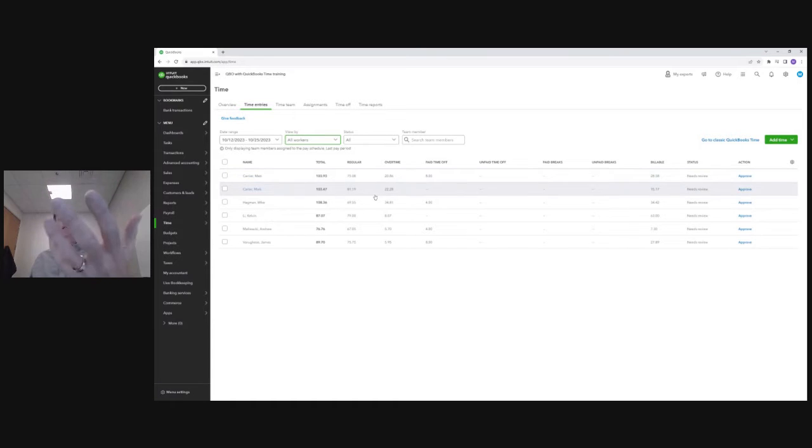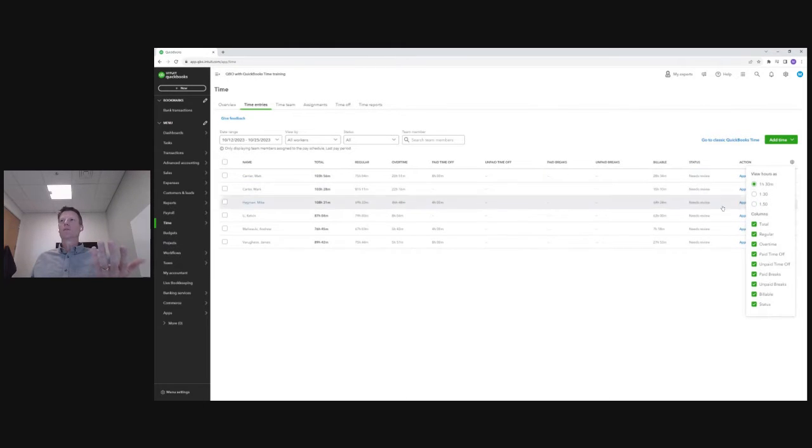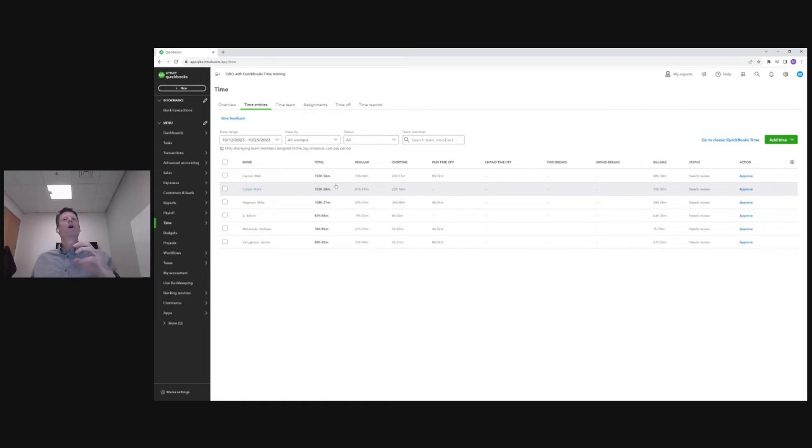Now, you can even customize this further, right? Because there's the column selector out here to the right. You can choose what columns you want. Another thing that I get as a common question is, the time is being displayed in decimals. Well, if you want to see it in hours and minutes, no problem. You can click over here and it'll change to hours and minutes. So once again, the flexibility to set this up how you want it to be set up. Okay, I'm going to stick it back to decimals just for